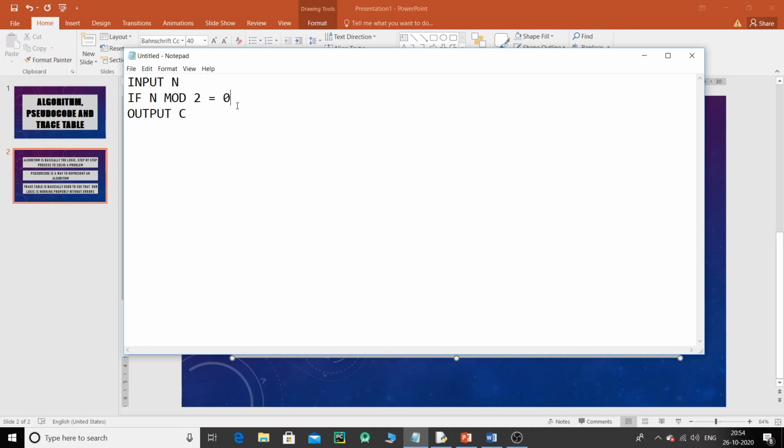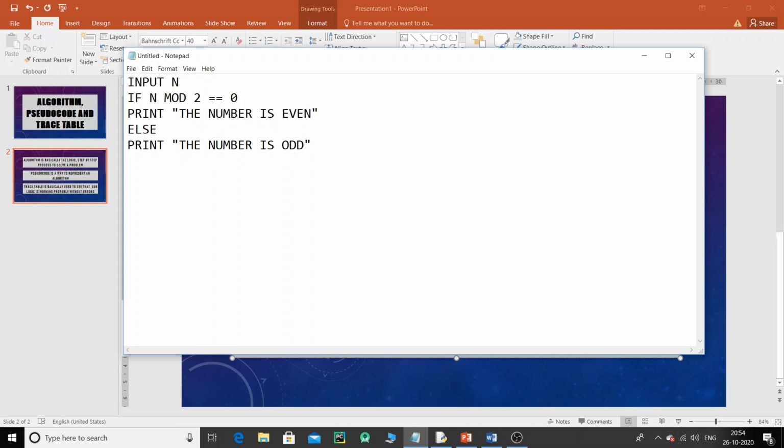If I share this with anybody, the person is going to come to know that mod means we are going to divide. Then I say if it is, print the number is even, right? Else I will say the number is odd. Now this gives a very clear message. If I input a value N, N can have any value, the user is going to give that value. And if I say if N mod 2 is equal to 0, now I'm not going to use the double equal to sign,